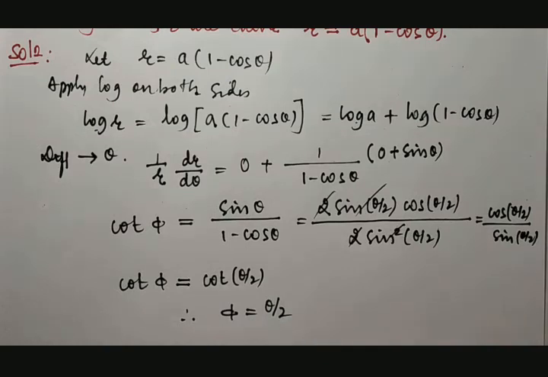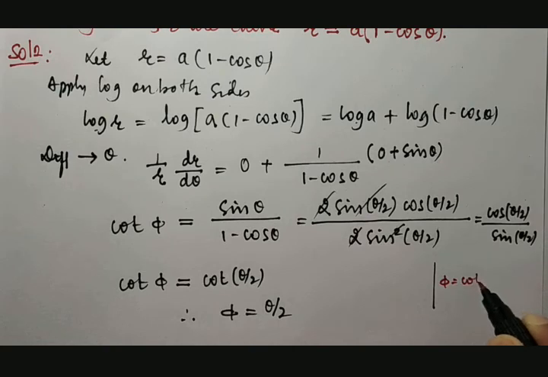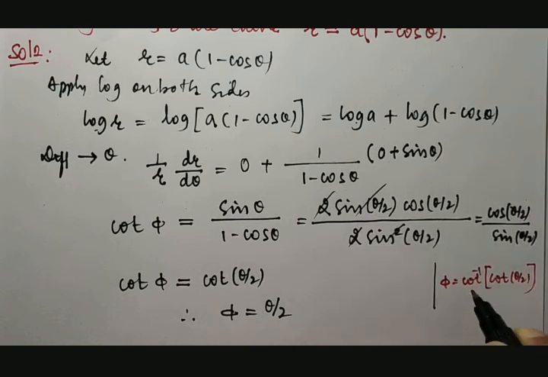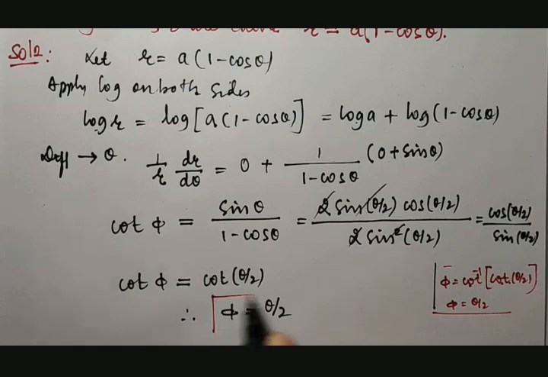So this is the result. It becomes phi is equal to cot inverse of cot of theta by 2. Therefore, cot of cot inverse will be cancelled. Therefore, it is theta by 2. Therefore, the angle